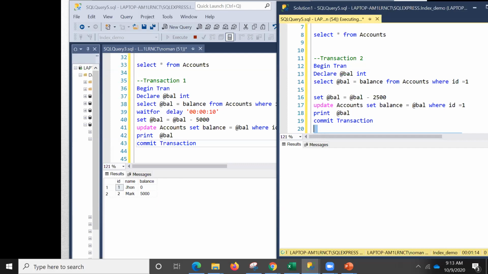Can anyone come up with good news that they are able to run transaction 2 before transaction 1?